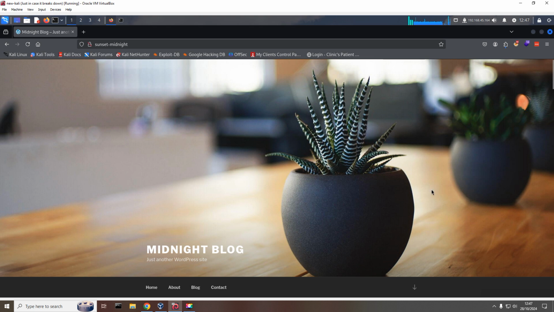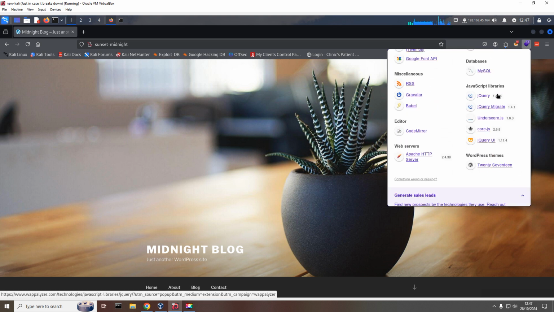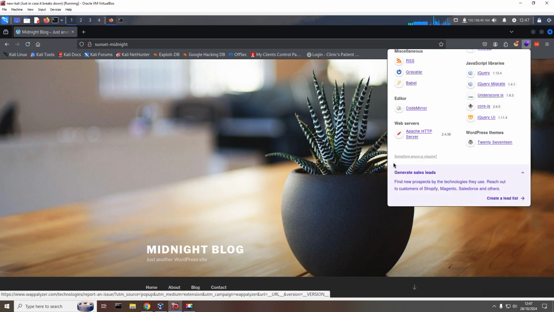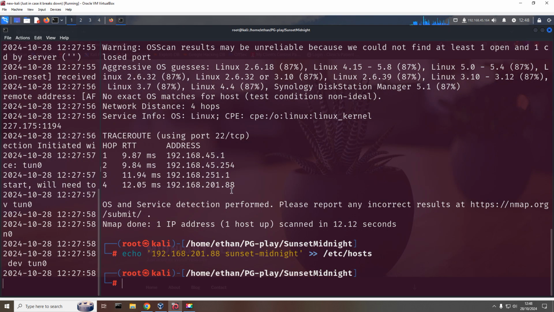It's working and it's very clear that it's a WordPress site. We can also look at Wappalyzer: WordPress 5.4.2. I think that's the main thing. Obviously it's Linux, so we know it's Debian, PHP, Apache. Nothing surprising about that. Now, when we look at the detailed scan,